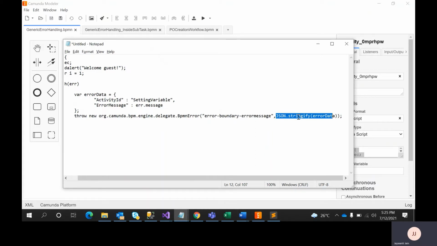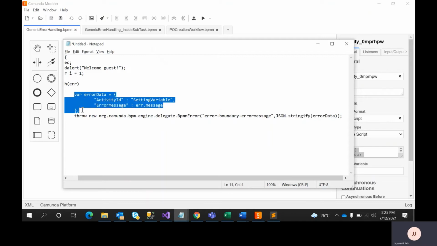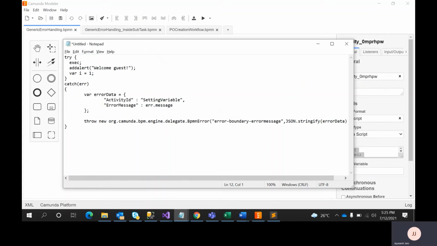That's why here I have an object. So I am converting it into a string with JSON.stringify, and then I am attaching this data as the second parameter. Here, as per my requirement, I am creating a JSON object. But you don't need to create a JSON object. Simply, you can create a simple error data equal to something like invoice fail. So you can have your custom message, and in this way you can add error data in the second parameter.